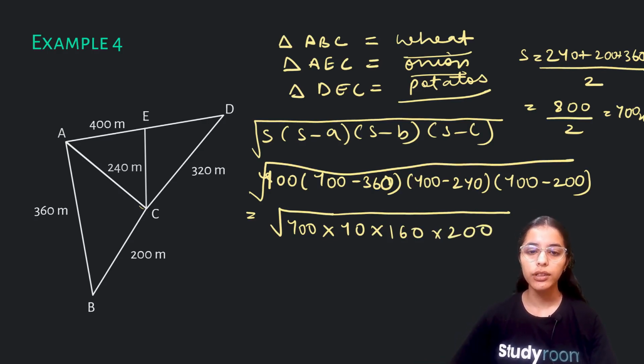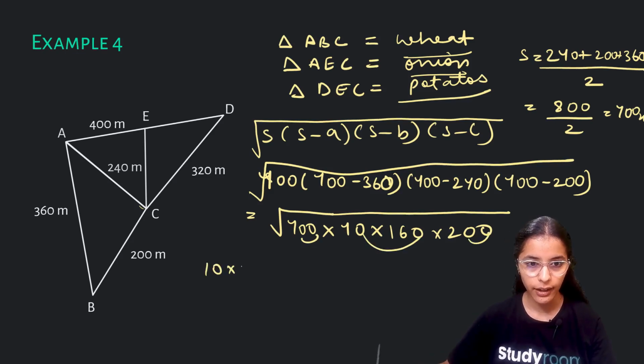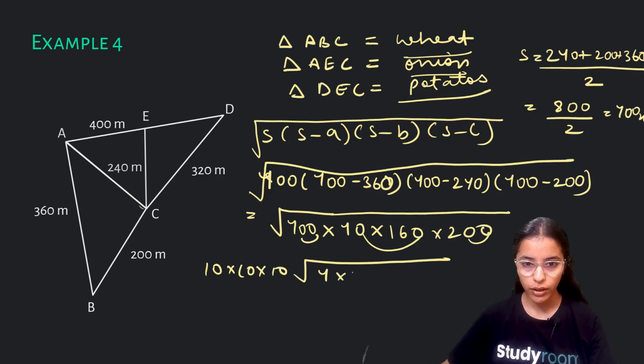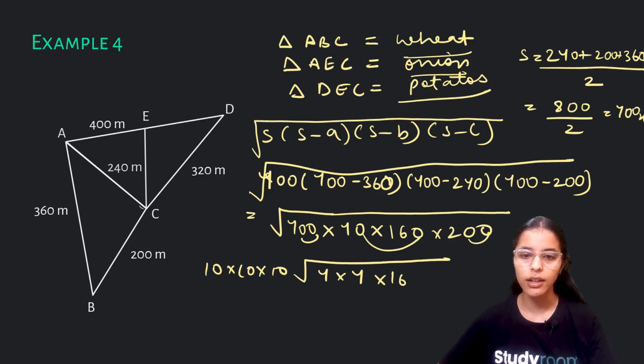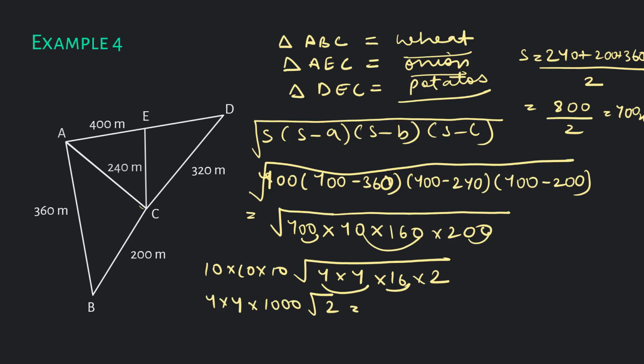So first let us take out the zeros. This is the first pair, this is the second pair, then this is the third pair. So we have 10 into 10 into 10 outside the under root. So we have 4 into 16 into 2. Now we can easily see that this is forming a pair and this is a perfect square. So what we'll get outside is 4 into 4 into 1000 under root 2. So our area of triangle ABC is coming out to be